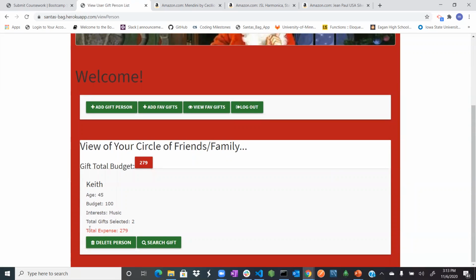Now, basically his expense, we said the budget is 100, but now the total expense is actually more than that. This is a feature we'd like to have, but as we add more people, we might see the same red color even though they might be under budget. So that's something we are working on. But if you see, this is the individual budget, total cost or price or expense of the gifts, and